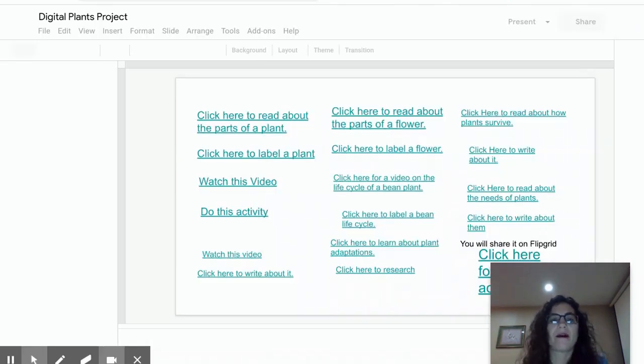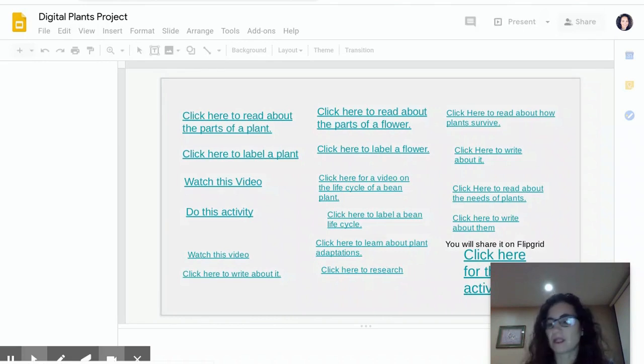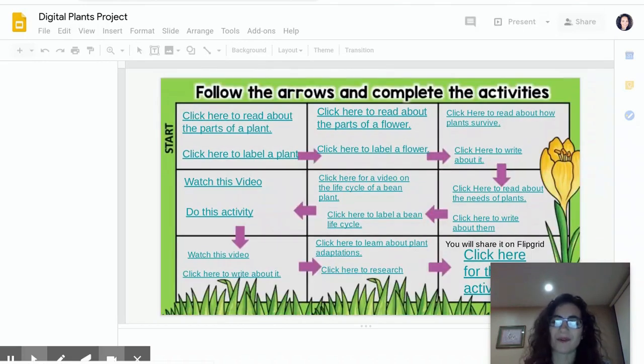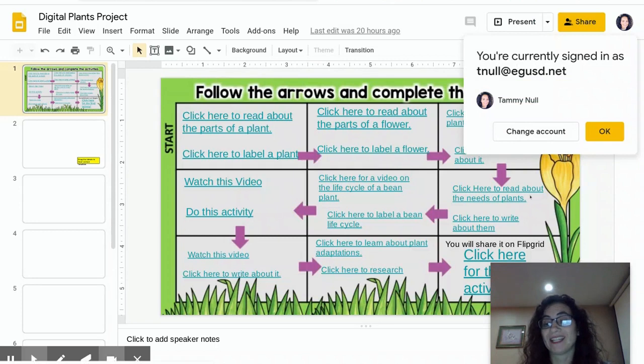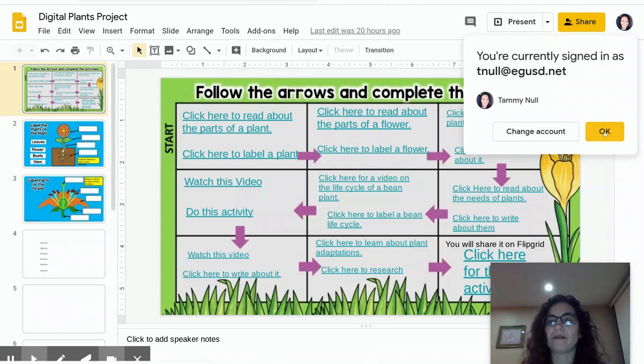I do want to say that I know this is a little bit different. It's kind of similar to what we do in normal class, but different. Okay, so this one in subject